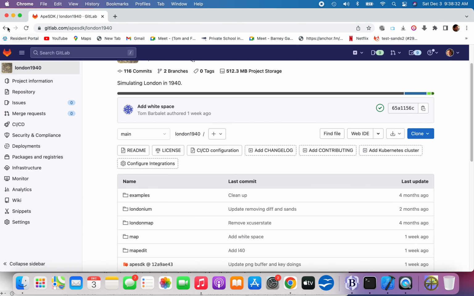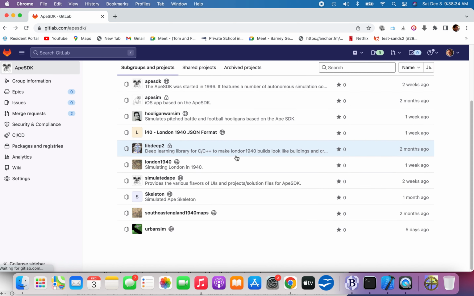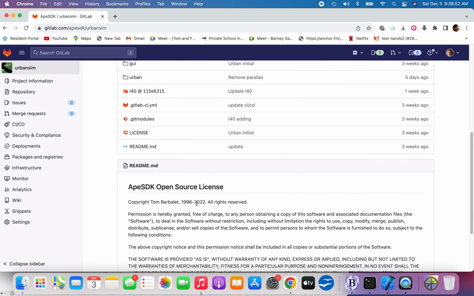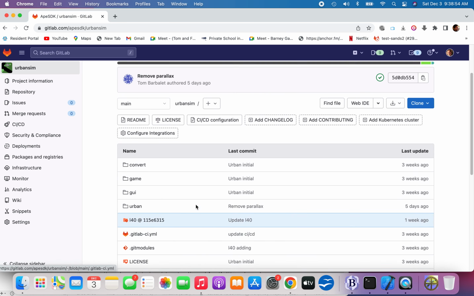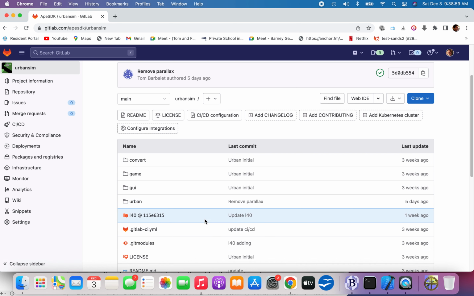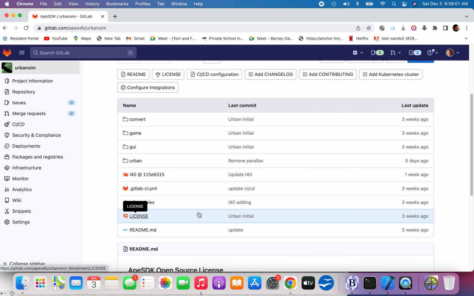Other things being done currently. I'm trying to get a format together of the JSON file for London1940, which includes the internal rooms. The reason I'm doing this is because UrbanSim currently works pretty well as it says on the packet. It does have an OpenGL component to it, because basically Apple removed OpenGL for a period of time and I had to rewrite the OpenGL that was being used here in software. So that is an interesting foible, but something that I think I'll just write